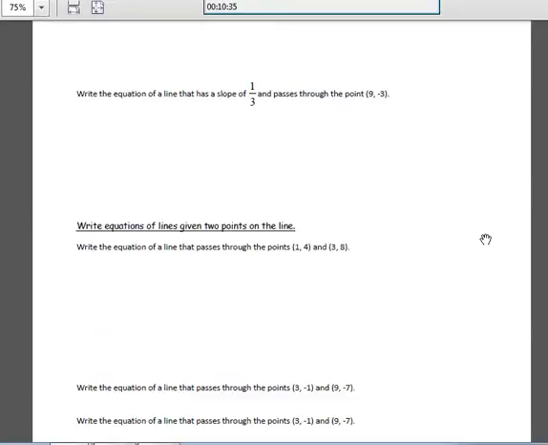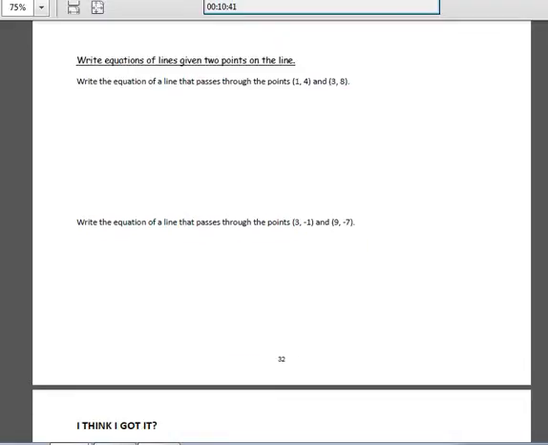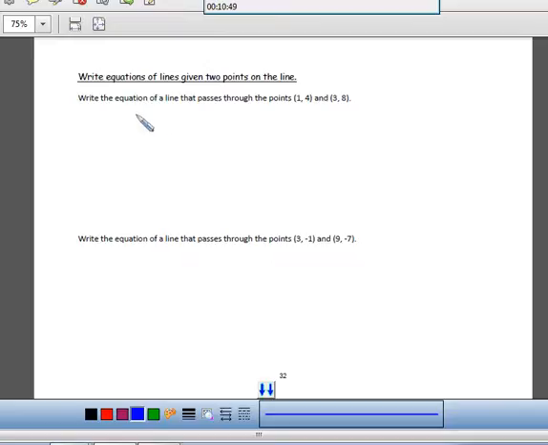We'll do one more example, and we'll be done with this lesson. Actually finished a lot faster than I had originally thought, but that's a good thing. Okay, now, what happens if they don't give you an m? Well, you have to find it. So how do you find it? Change in y